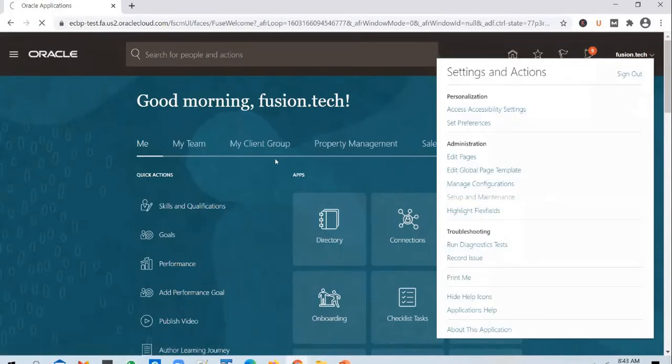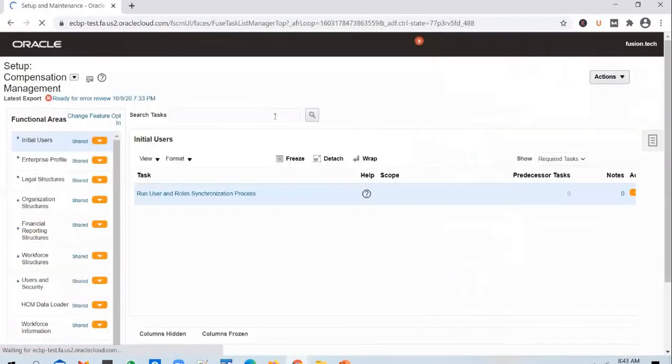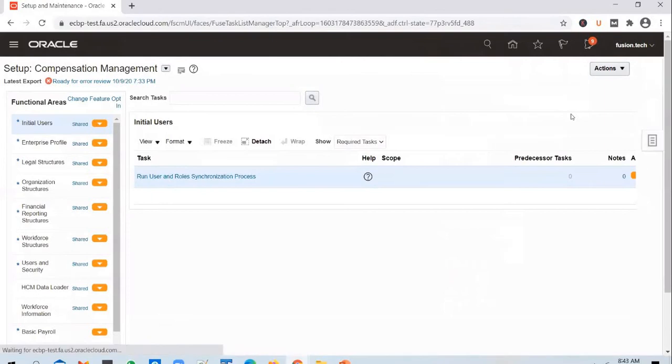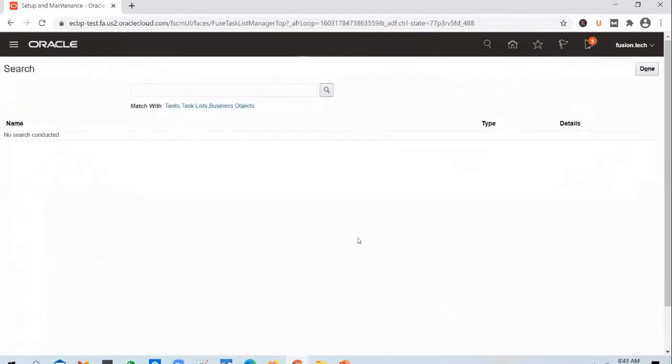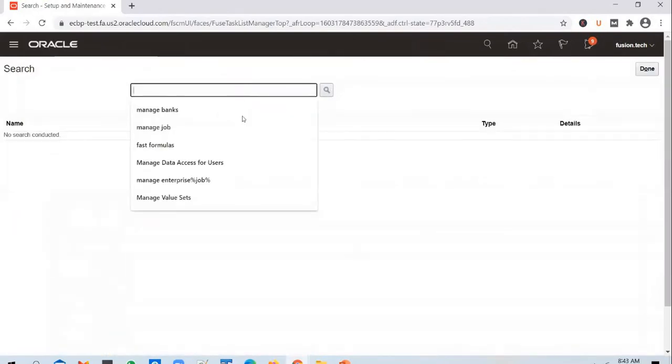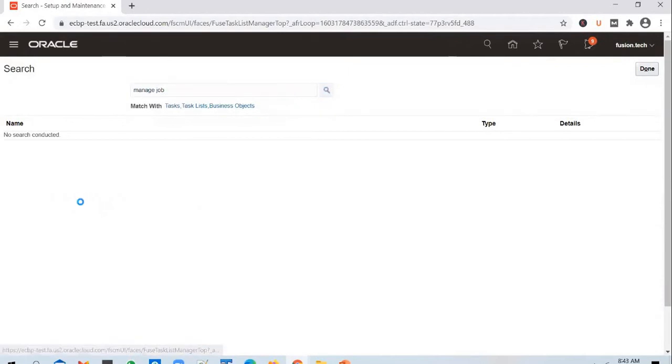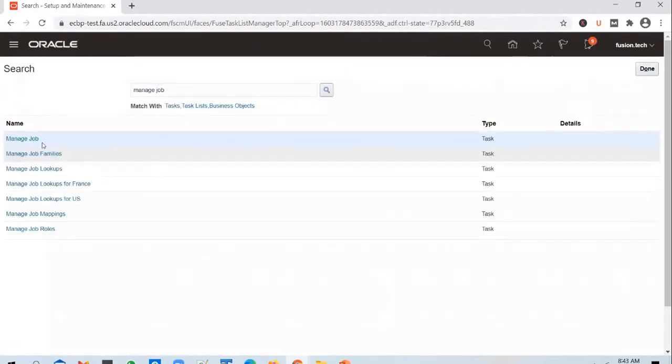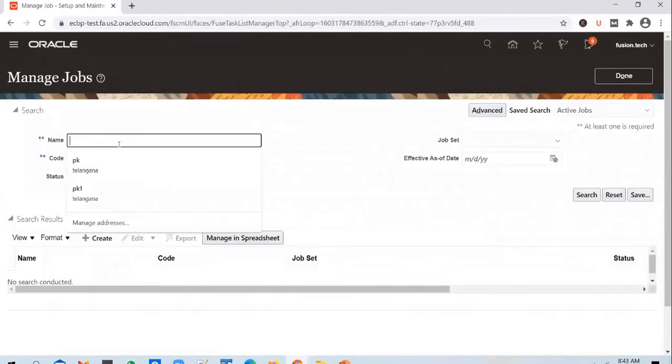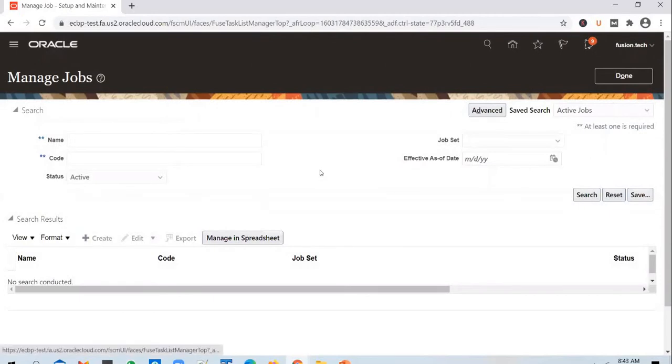Let me go to the manage job screen from here. Create a new one.